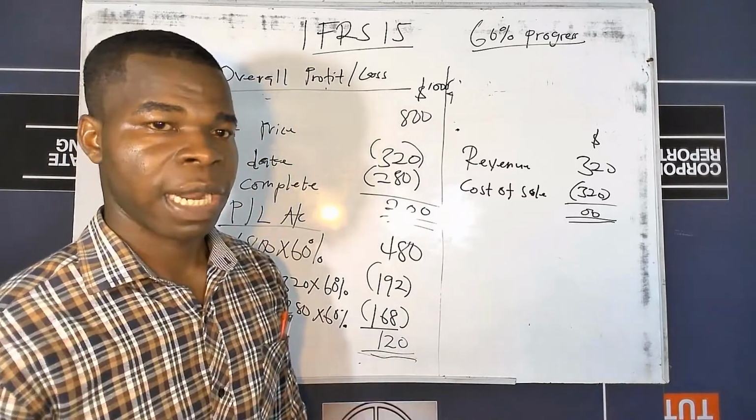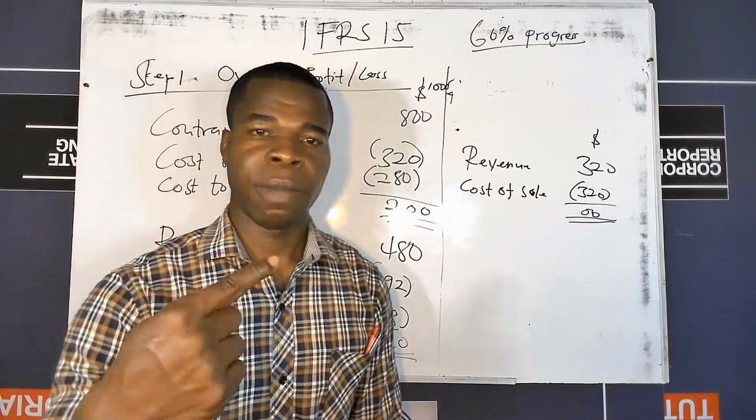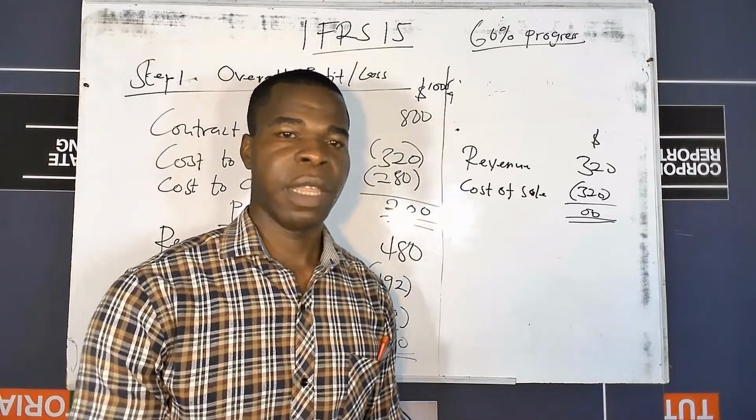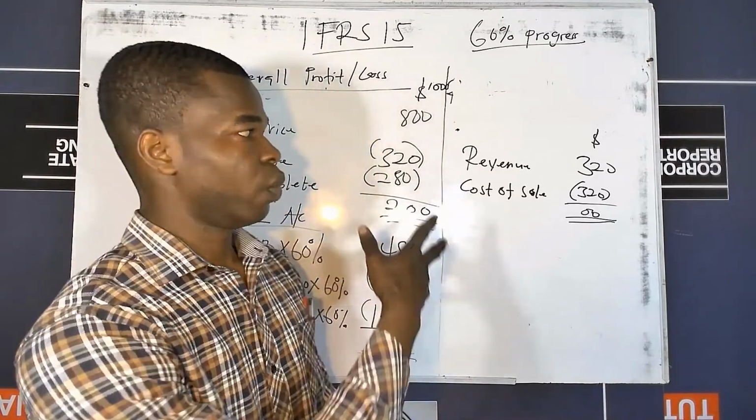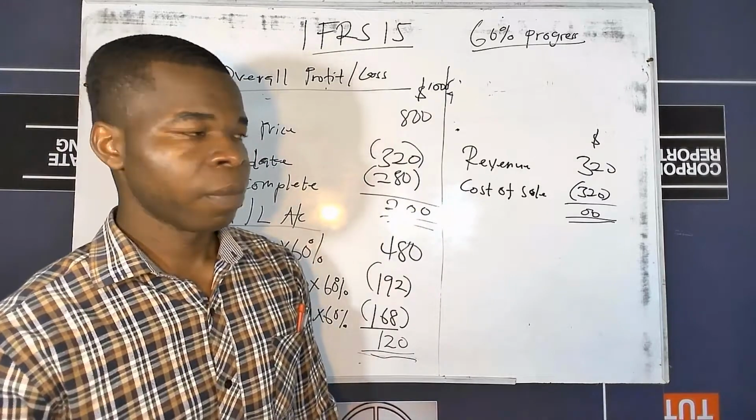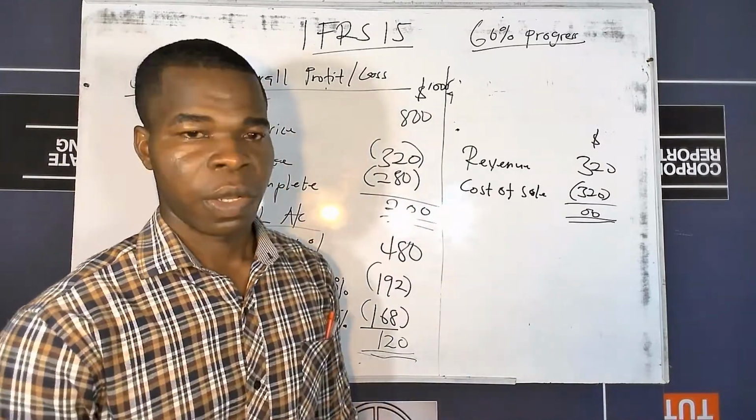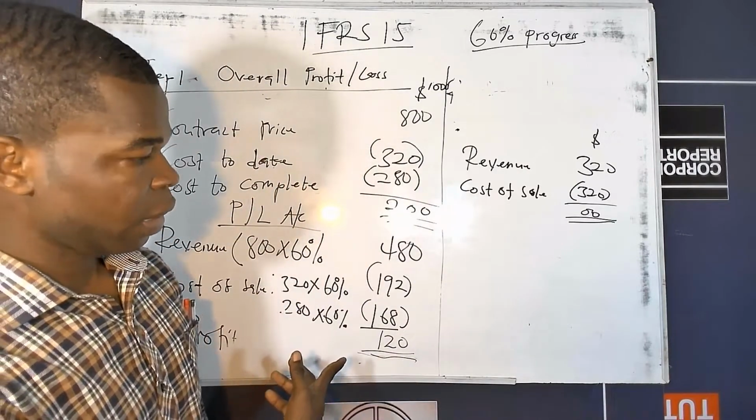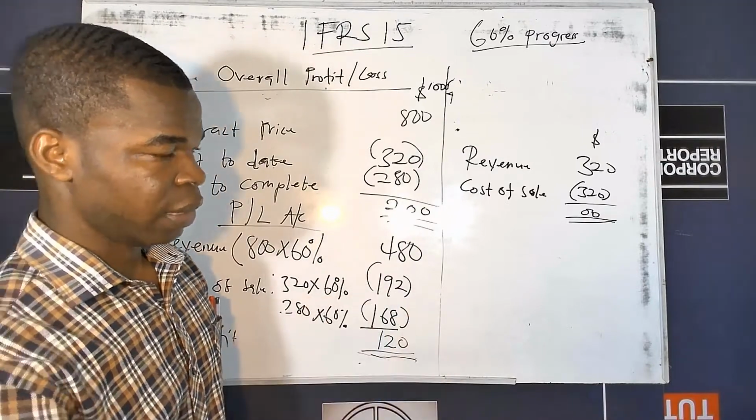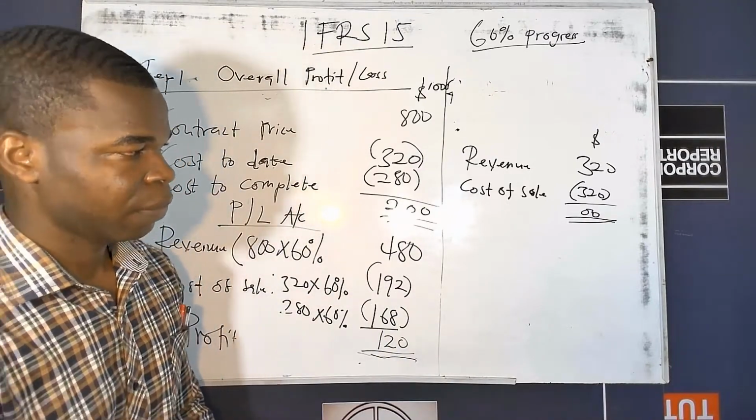So let's take one that doesn't have the percentage of progress and see how we can determine the percentage of progress, how to determine your overall profit, and how to determine your contract price. Your contract asset. So here, how do we determine our contract assets? It's basically your